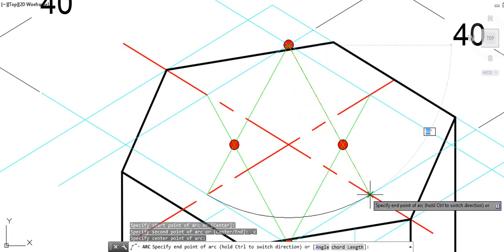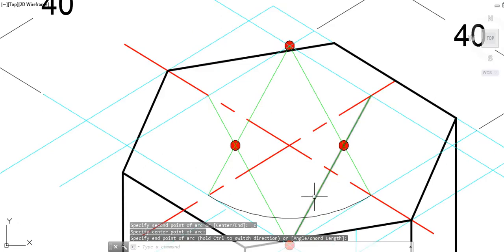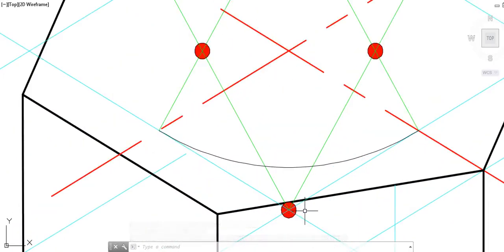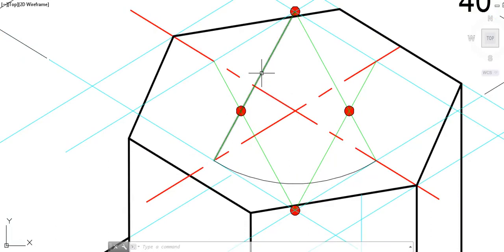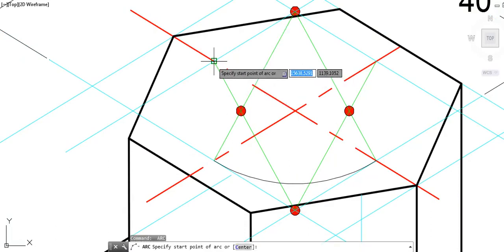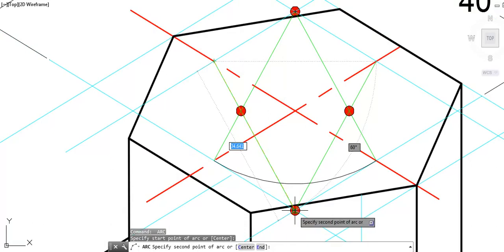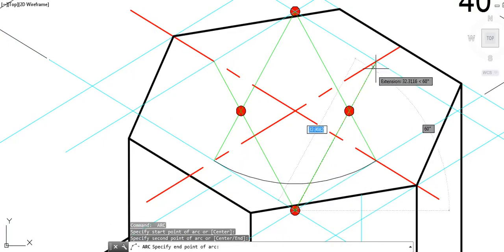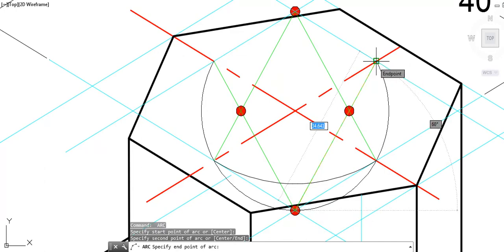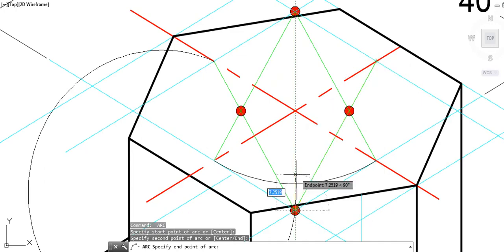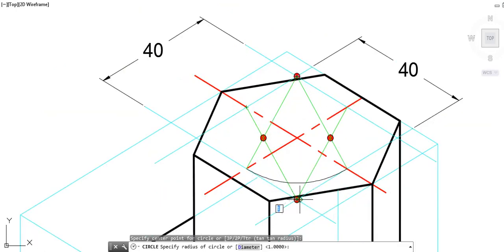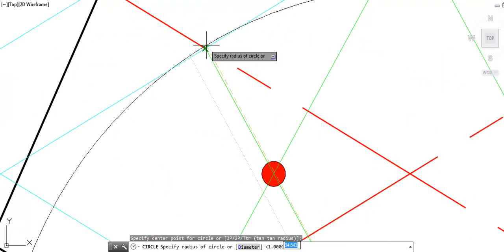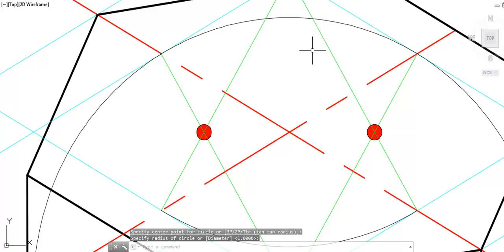I'll repeat the procedure for another obtuse center. I have to, in this case, start the arc from this point. The distance of radius I have to take up to this. Similarly, the next curve starting from this point ending at this radius. So I will draw only this much part of the curve, remaining part I will remove. So that is how another part of curve will be obtained.